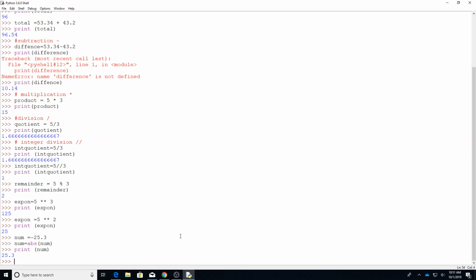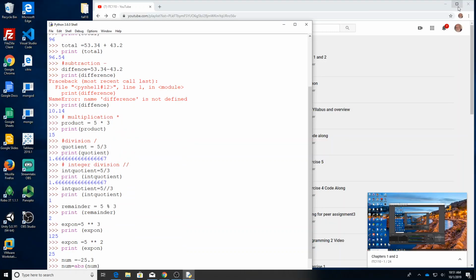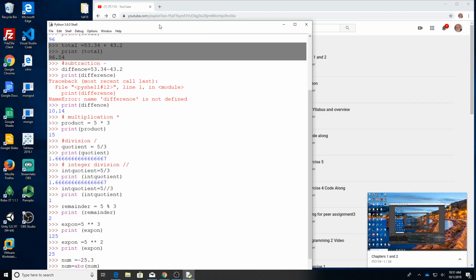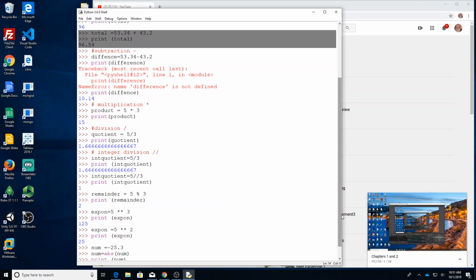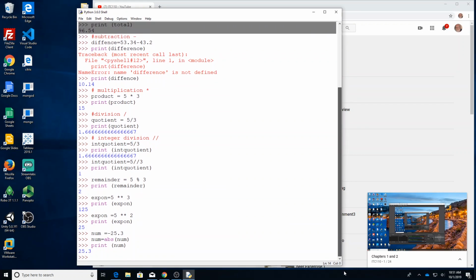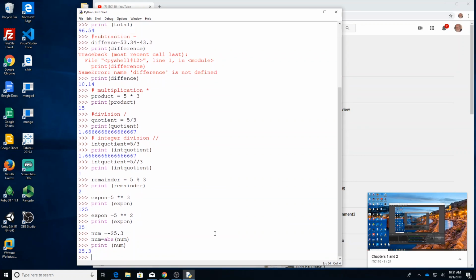Okay, a couple of other things I want to show you. Let's see if I can move this up. I'm trying to make it so it's easier to see on the screen. But it's going to be a bit of a pain, I think. You can convert one kind of number to another. So let's